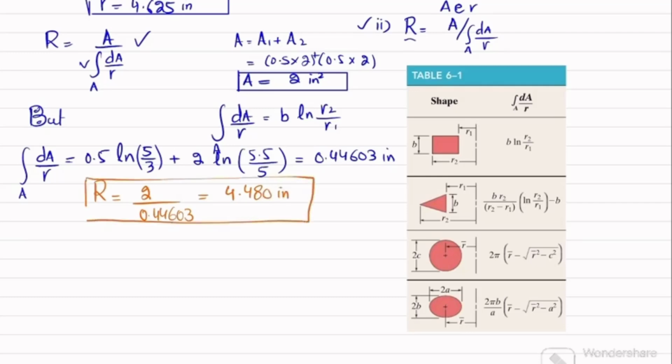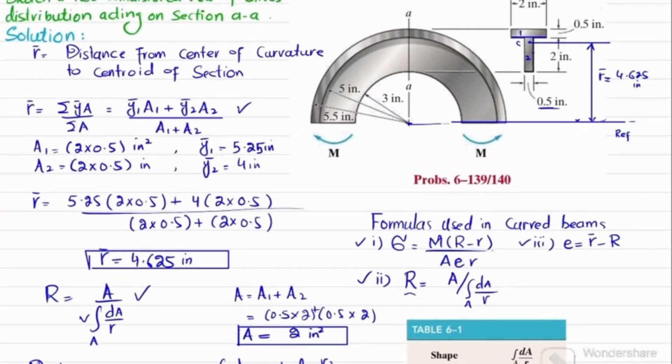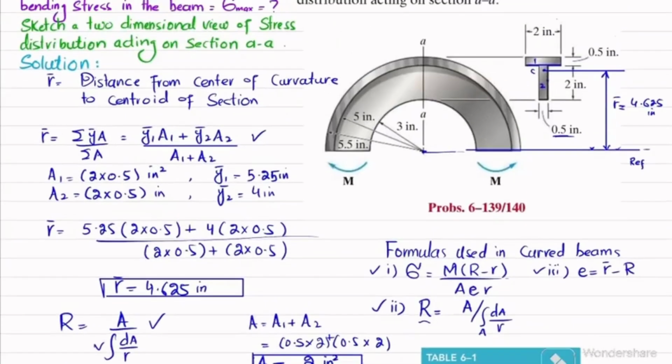It is the distance from the centroid to the neutral axis of this curved beam, because in a curved beam the neutral axis does not pass through the centroid. So this will be R. You can see this R is 4.480, which is below this centroid. So let this distance be capital R. I will write it over here. This capital R is equal to